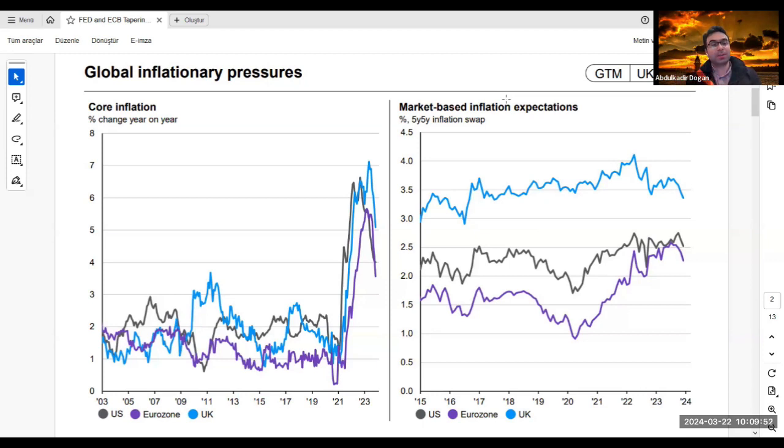The tapering operation comes from the huge inflationary pressure around the global market. The inflation is rising, so the central banks should take some measures on this issue to decrease the inflation rate. So what are the ways of decreasing inflation? All central banks have brilliant staff making operations, but even if you are not a brilliant staff, during 500 years, the basic principle between the interest rate and inflation is